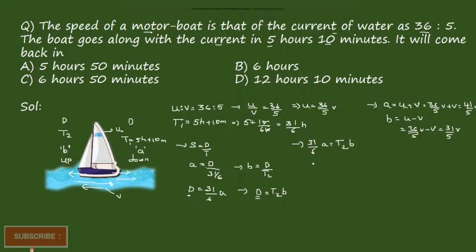We got the A and B values. Let's substitute the values here. Then we get 31/6 into 41/5 V is equal to 31/5 V into t2. Right. V gets cancelled. 31 gets cancelled. 5 gets cancelled. Then we get t2 is equal to